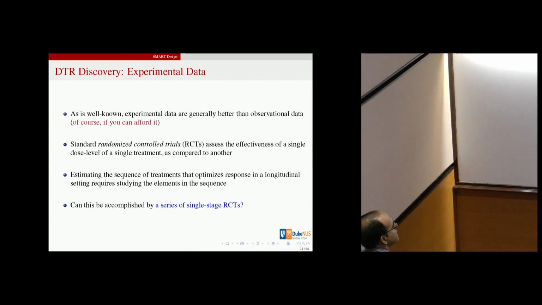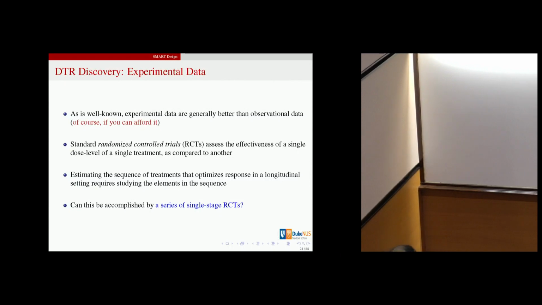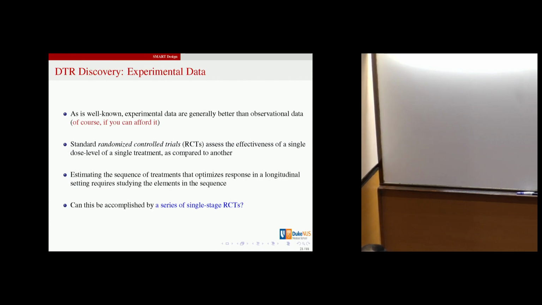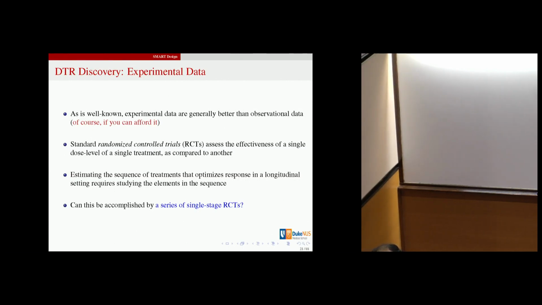But the standard RCTs assess the effectiveness of a single dose level of a single treatment as compared to another. That's the classical paradigm. And even if you have a stepped care setting, with a sequence of treatments, that has to be prefixed, predetermined, and then you can compare with a control, etc. But you cannot make your treatment recommendations outcome driven, based on responder, non-responder kind of status. You cannot do that in a standard RCT. So that's why we have to think